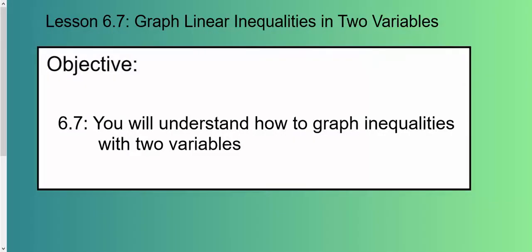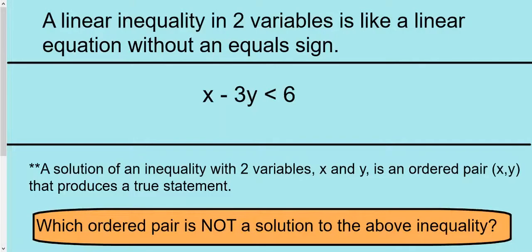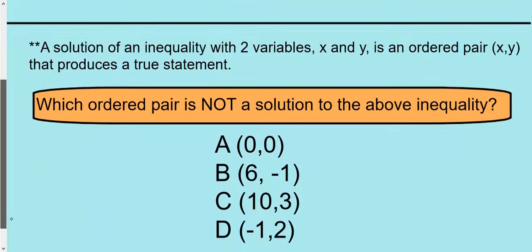All right, we're going to be working with graphing linear inequalities in two variables. That means we're going to have an x and a y, so we're basically graphing lines today. In the past, we graphed inequalities with one variable on a number line. Today, we're working with two. A linear inequality in two variables is like a linear equation, but instead of having an equal sign, you have a less than symbol or greater than symbol, or less than or equal to, or greater than or equal to